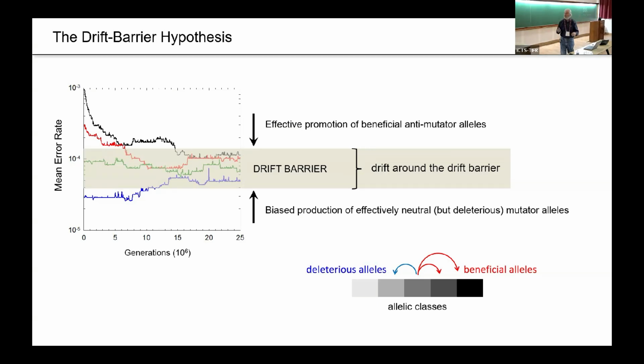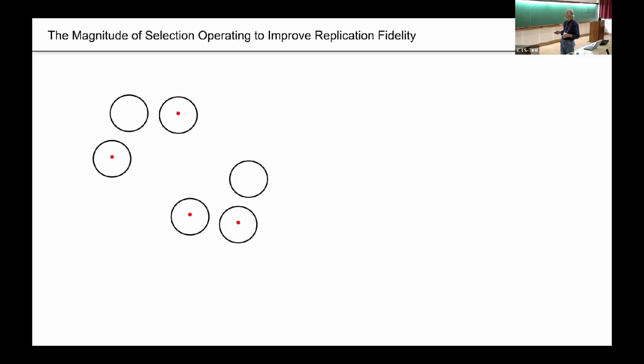This isn't purely deterministic. The point here is there's drift around the drift barrier itself. We expect general patterns, but we don't expect everything to be deterministic, as I just said. So we want to think about this now in actual terms of the evolution of the mutation rate. And just to give you an idea how we think selection operates on the mutation rate, let's first think about